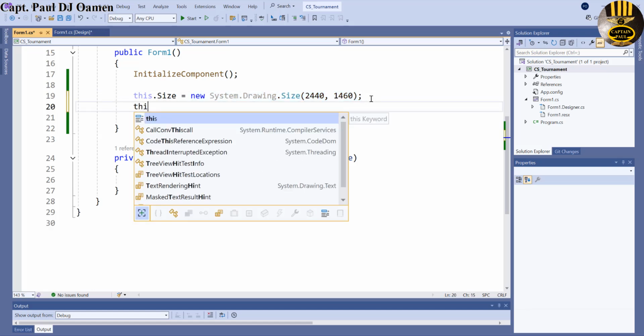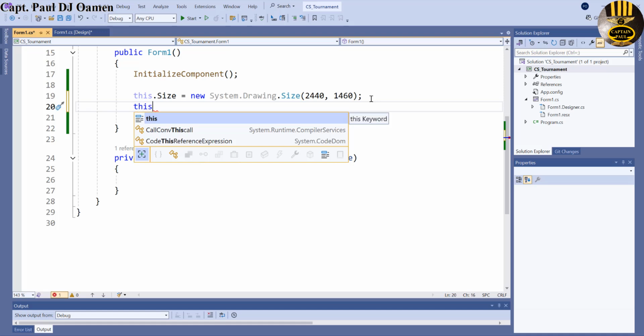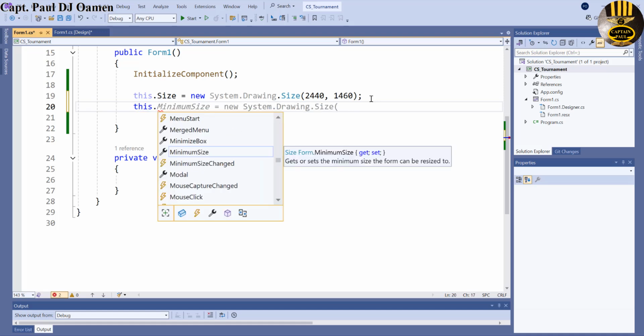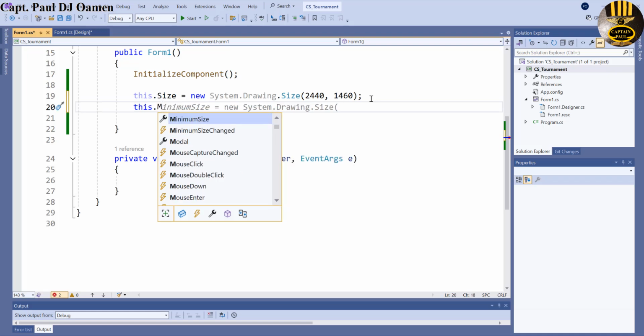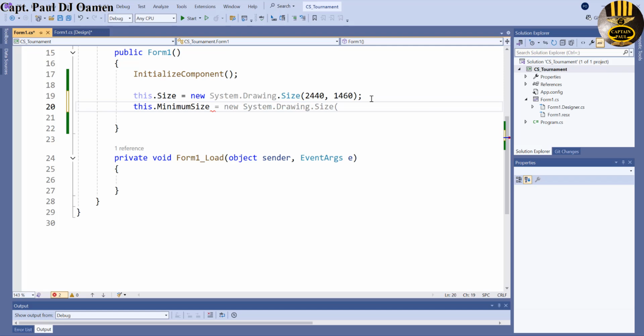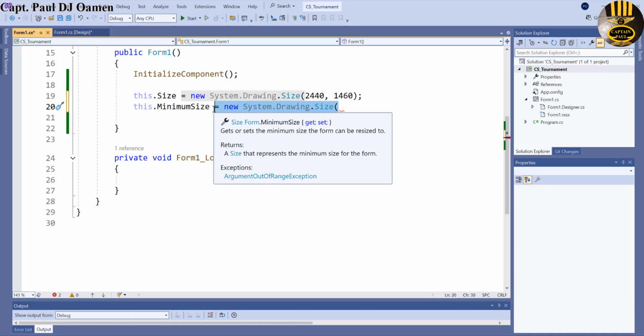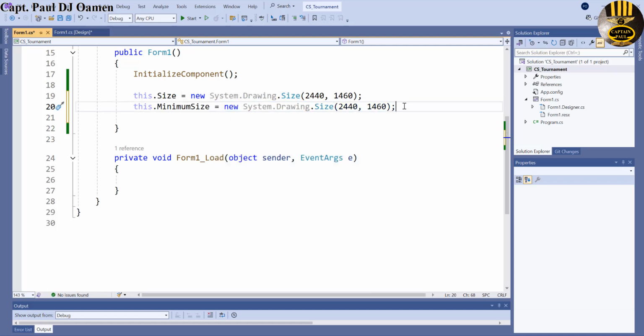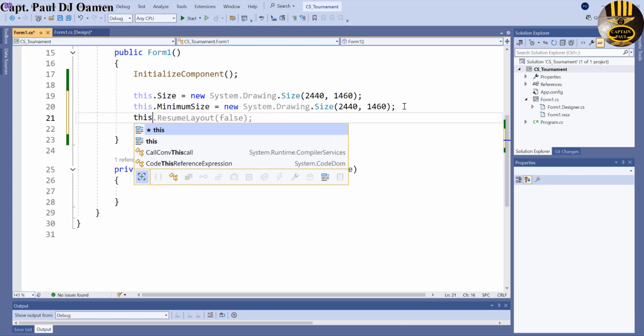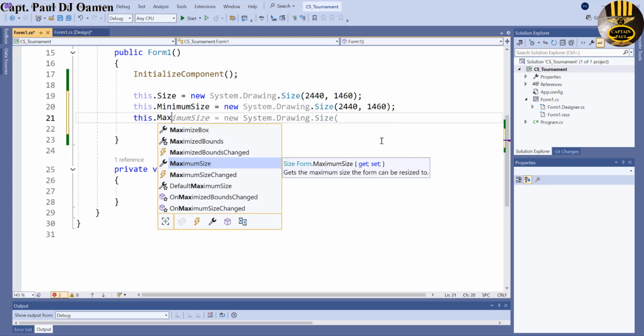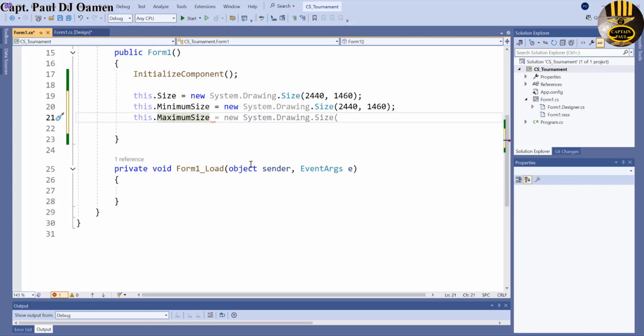Let's use the following lines of code. These actually represent the form dot, let's say maximum. Okay, let's go for the minimum size first. All right, minimum size is going to be 2000 plus as well. So that is going to be the minimum size. And the maximum size as well, let's say this, maximum size is going to be exactly the same size. There we go. So if I run it now,